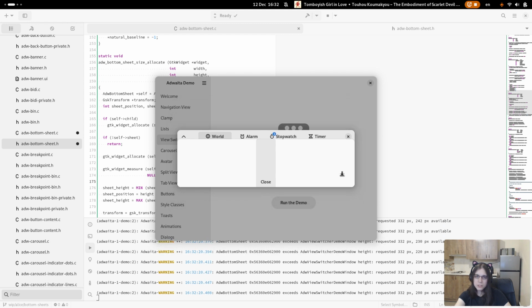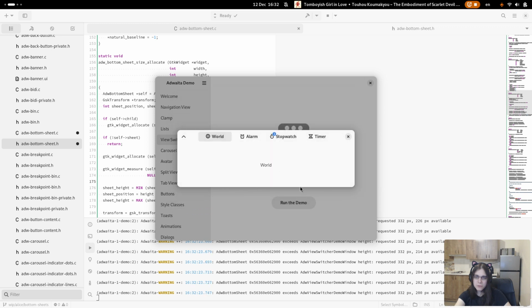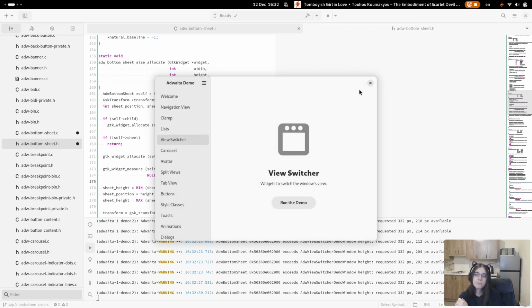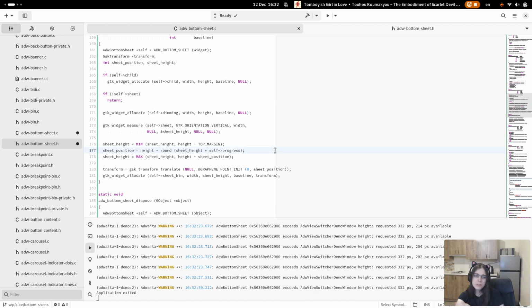Though it's interesting that it's only measuring it while it's open. Right, it does it because I set visible to false. Widgets cannot be measured while they are not visible. There is gtk_widget_set_child_visible for this, which I guess I can use. Yeah, I think I will.